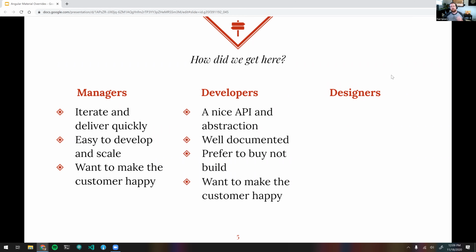The developers, they prefer things that have nice APIs and abstractions. They want it to be something that they can plug in and easily manipulate, easily change. They want it to be well documented. They want it to be something that ideally they could go out and say, hey, I'm just going to grab this third-party library, or I'm going to pay a little bit of money to use an existing design system that has an Angular language level adapter for it. That way I don't have to build all that from scratch. And of course, this is a high-class firm here, so the developers are also directly concerned with the satisfaction of